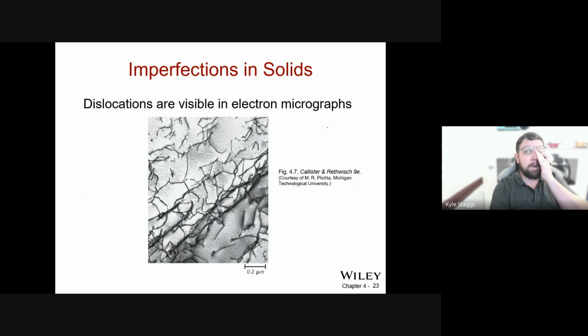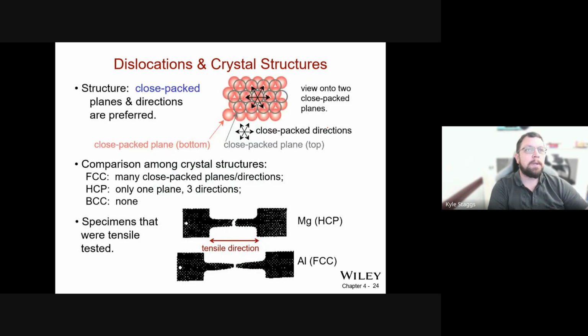These are very highly visible in electron micrographs. So under SEM, it's a lot easier to see these, especially if your sample is not charging very highly, that can be a big issue. So the imperfections are going to be highly visible. Where you guys are going to see this the most is when the close packed structures, we apply a bunch of force, we start to create these slip planes, and in the tensile direction,